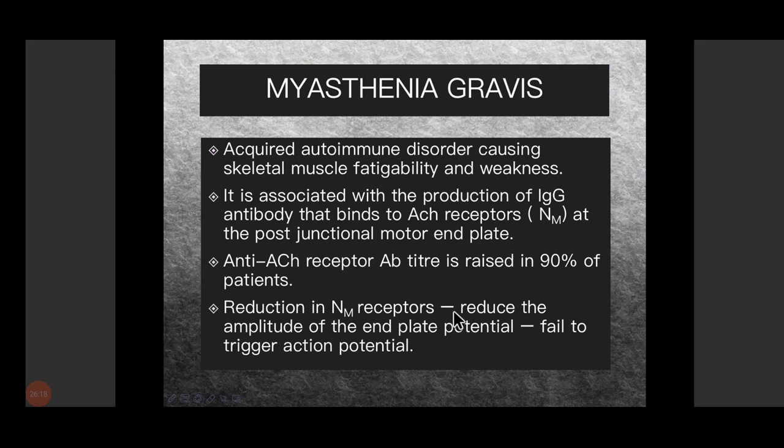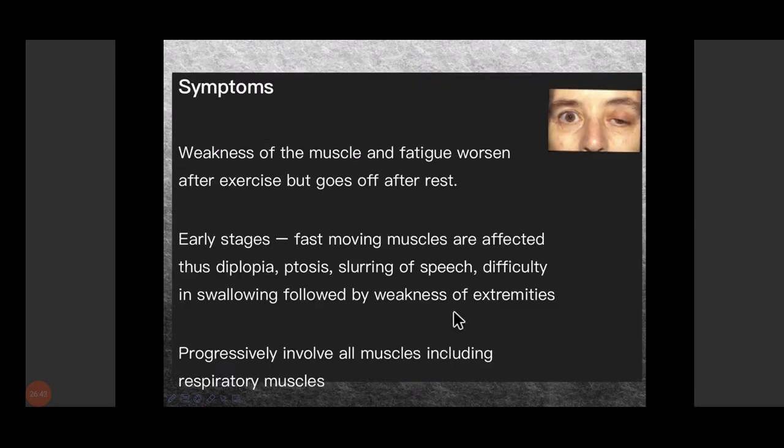So what happens in myasthenia gravis is cholinergic deficiency, and you have cholinergic excess in organophosphorus poisoning. Anti-acetylcholine receptor antibody titer is raised in 90% of the patients. Now, reduction in the NM receptors reduces the amplitude of the end plate potential and fails to trigger the action potential. So there is a cholinergic deficiency. Now, what are the symptoms? Now, symptoms of